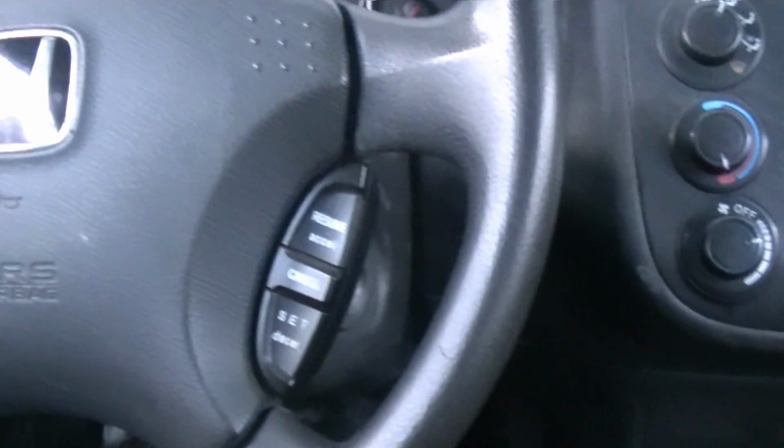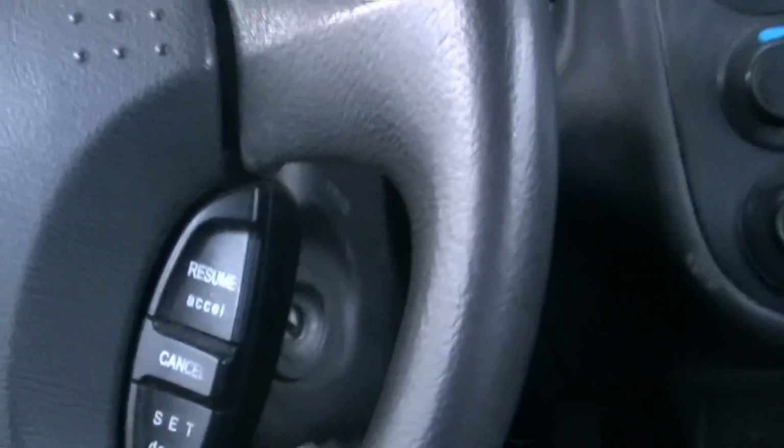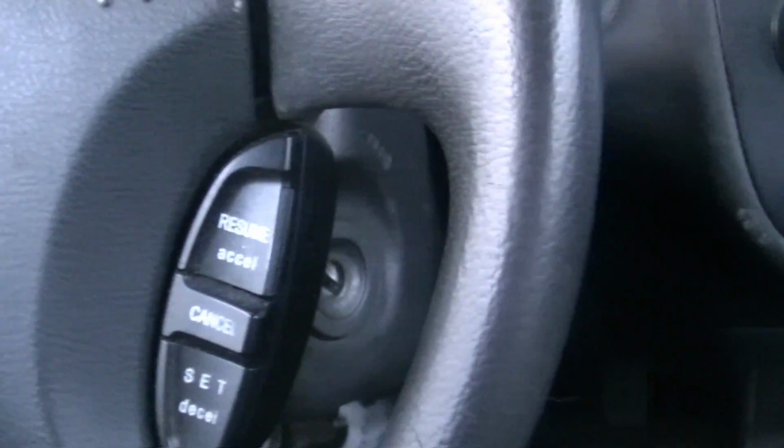Today we're replacing the ignition lock cylinder on a 2003 Honda Civic. As you can see, it's a snowy day in State College, and I'm doing this in the parking lot of my apartment, so the quality is not going to be as good as my usual video. The first thing we're going to do is go under here and